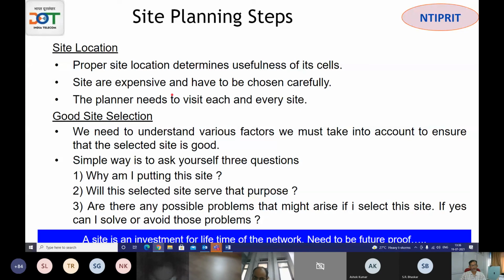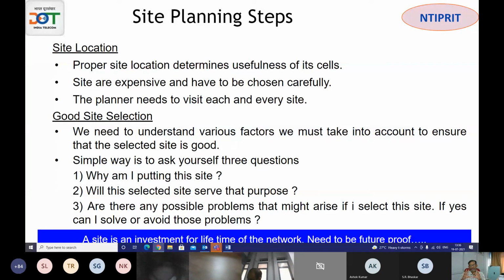This anyway, it's common knowledge. In proper site location, I will not compromise, because a site is an investment for a lifetime. So you go to the site, you go to the rooftop and look at the place. This is a site I have to acquire, and then you find that one sector is totally blocked by a hill. So one sector, 25% of the investment, is blocked. So for the next 20 years we are going to live with this site.